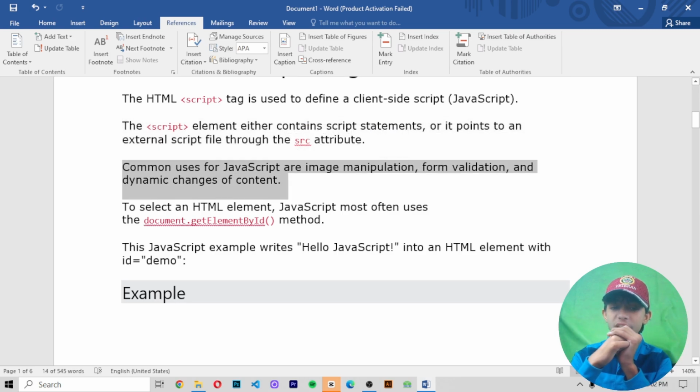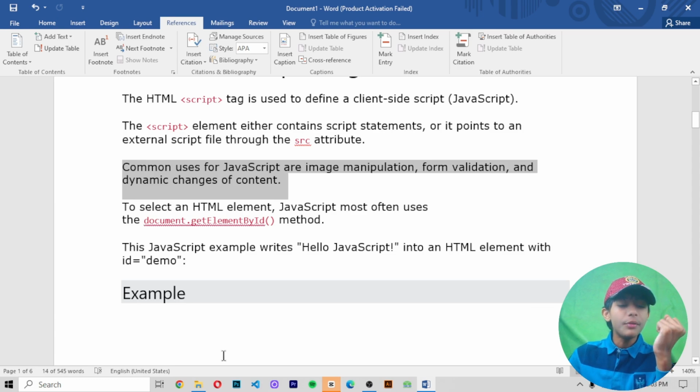Common uses for JavaScript are image manipulation, form validation, and dynamic changes of content. To select an HTML element, JavaScript most often uses the document.getElementById method, and I have told you about this method in many videos of HTML.